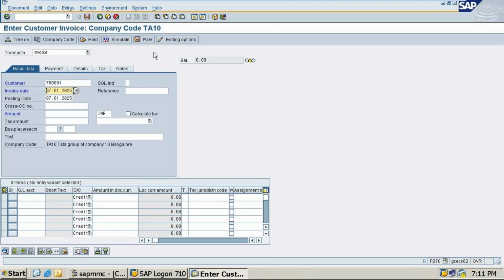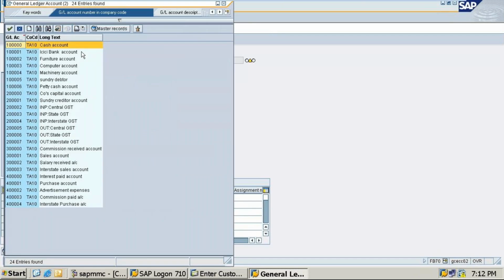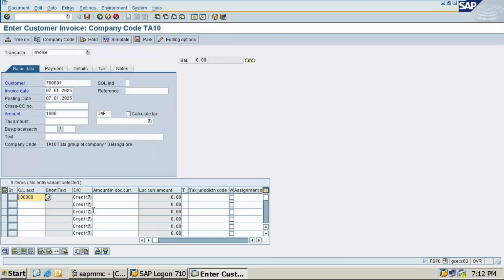Interest receivable. So amount, I'll just give 1,000. Okay. And GL account cash to sales. So cash account debited 1000